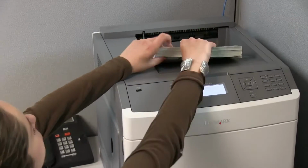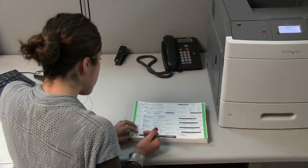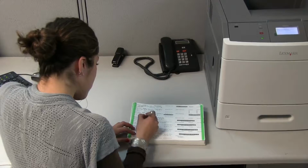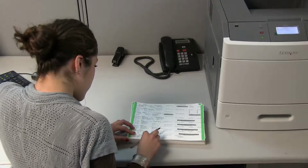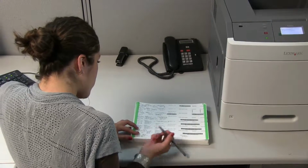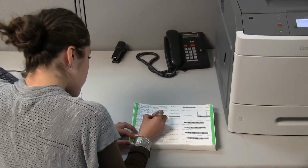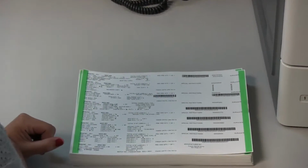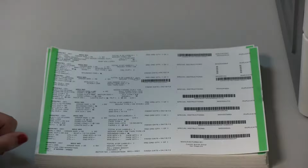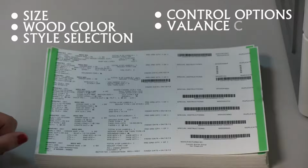To start production of each blind, an order is printed. Every order generates a unique barcode for each product on the order to ensure precision and help eliminate the opportunity for human error throughout the fabrication process. This barcode captures all the key details to produce the perfect quality product. For this wood blind order, it details the product size, wood color, and style selection, control options, balance choice, and